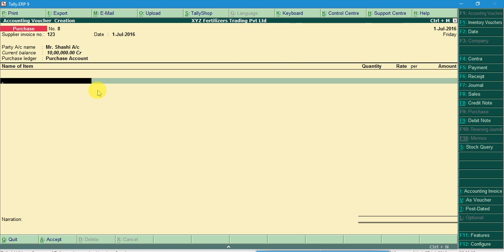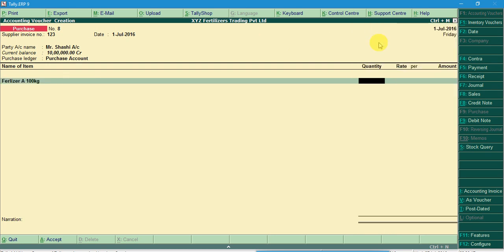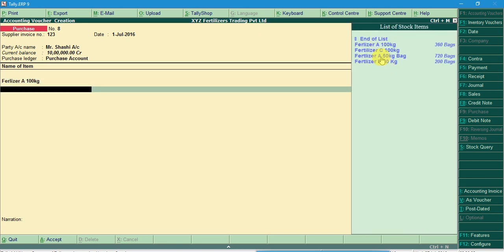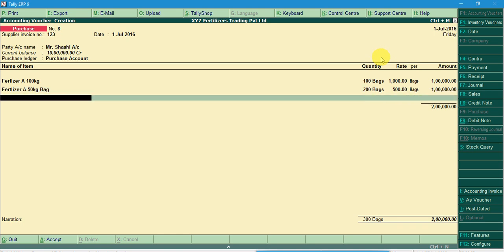Now I have to fill the names of the items which we purchased from Mr. Shashi. The first is fertilizer A of 100 kg, quantity 100, rate 1000, so it's 1 lakh. Next is fertilizer A with 50 kg bag, 200 bags, at 500 price per unit.